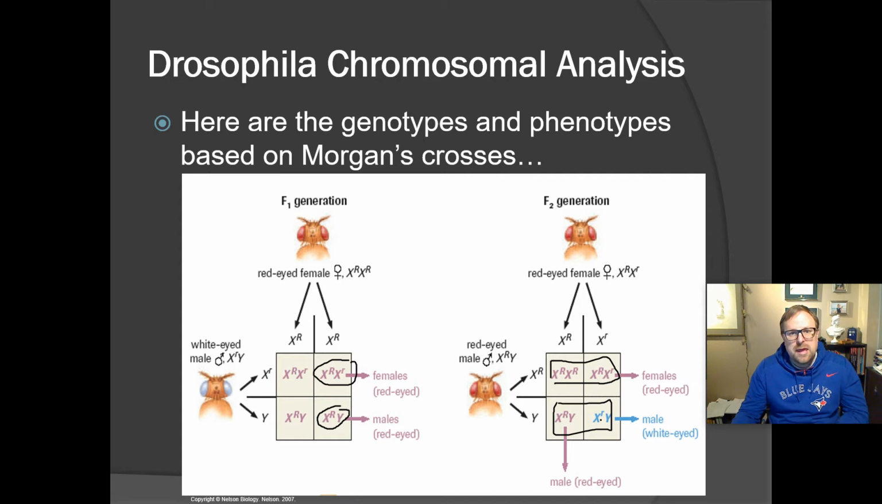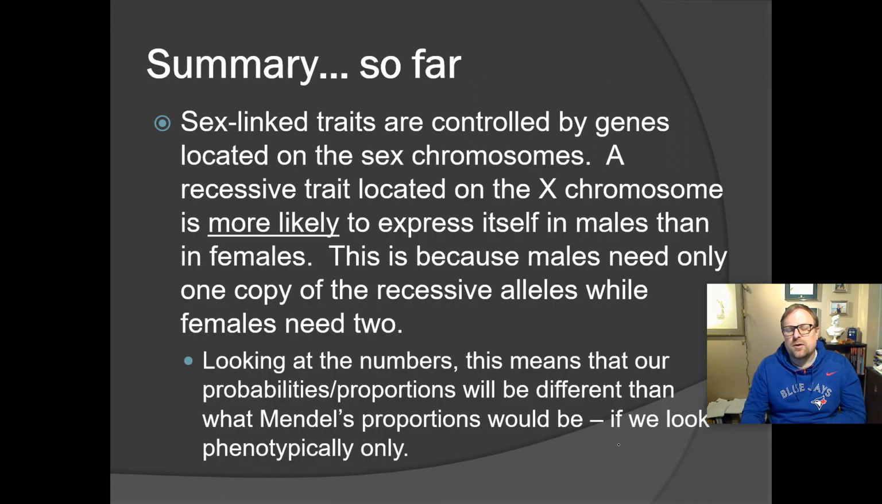And for a male to express the recessive allele, to express the recessive trait, they only need one of those alleles to express it. That's the big trick about sex-linked characteristics. We'll often talk about color blindness with sex-linked characteristics as well. So sex-linked traits are controlled,